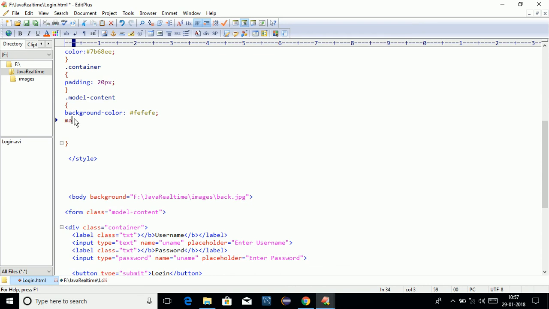We applied margin should be 5%, it should be auto, 15% auto, and